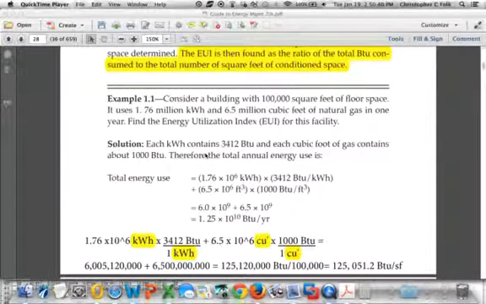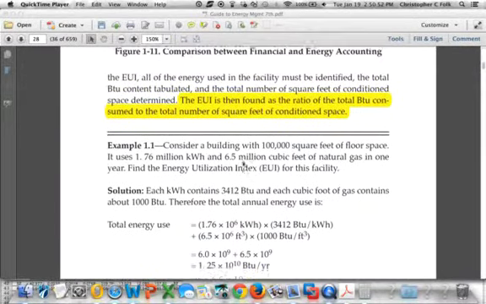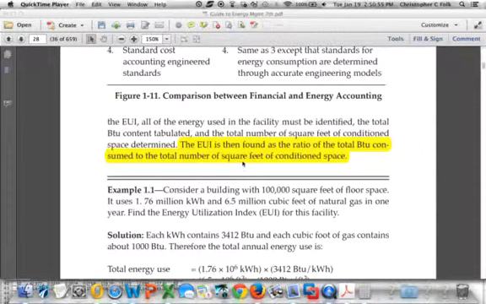I'd like to take a moment to talk to you about some of the math we'll be using in this class. I'm on page 28 of the textbook. I'm using an electronic version of the textbook so that I can show you things. Notice on this page, we're referring to what's known as the energy utilization index for a facility, and which is